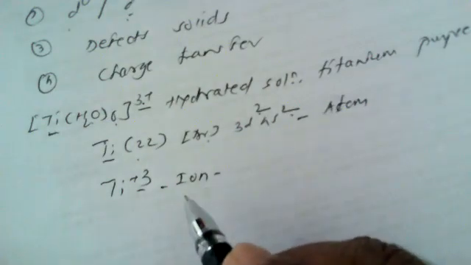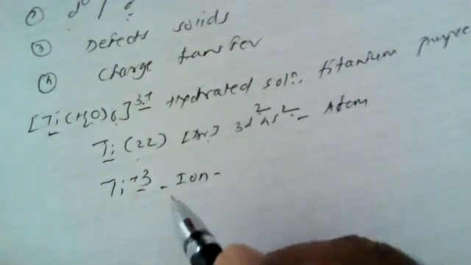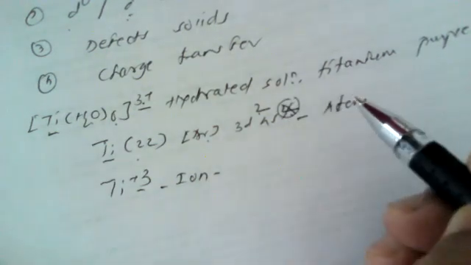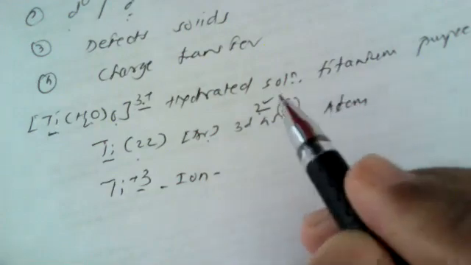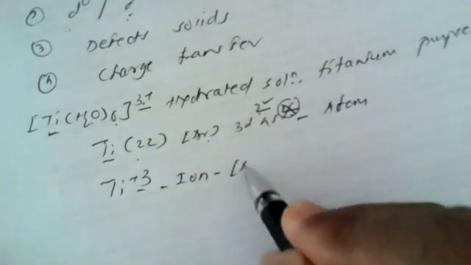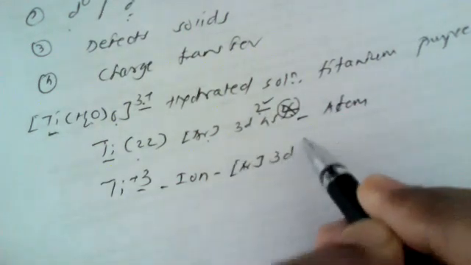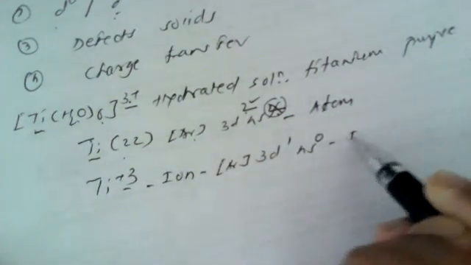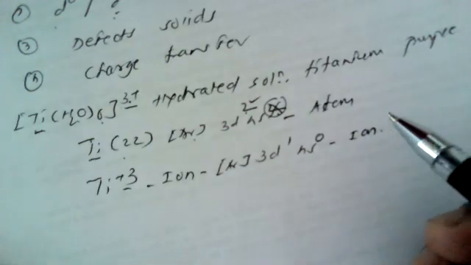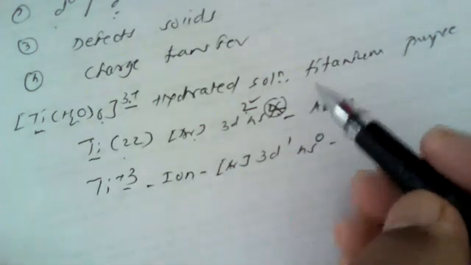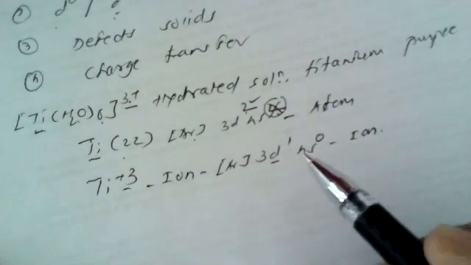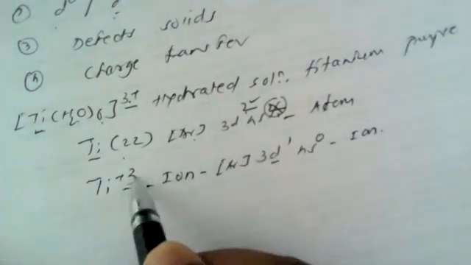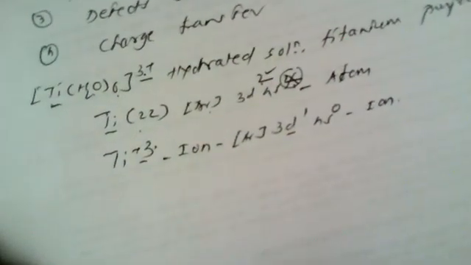Now, to arrive at the plus 3 configuration of the titanium plus 3 ion, titanium must lose these 2 electrons from 4s and one of the electrons from 3d. Now the configuration becomes, in terms of argon core, 3d1 4s0. This is the electronic configuration of the ion. Perhaps you now understand how we arrived at the 3d1 configuration: loss of 2 electrons and one more electron to show the plus 3 oxidation state.